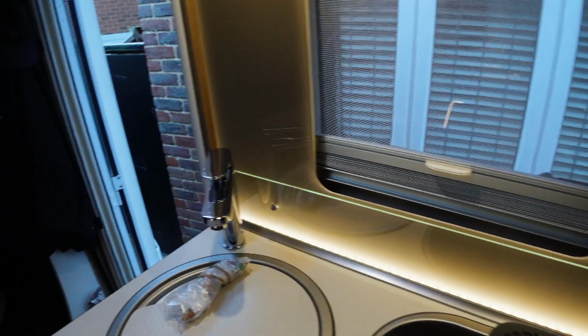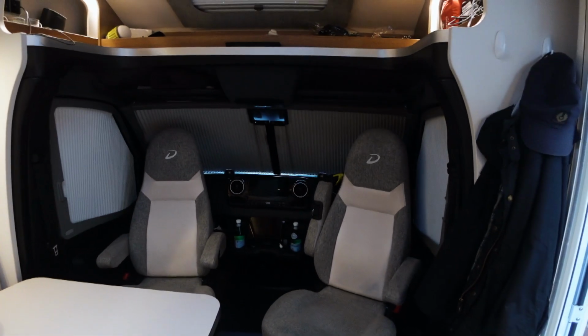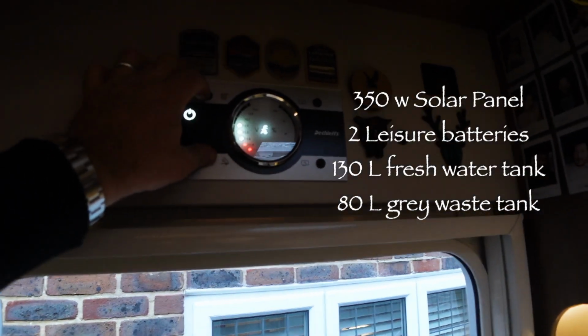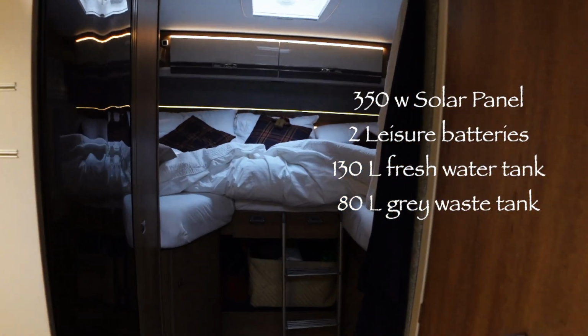So we can make a lot of cups of tea and coffee when we're off grid. Obviously we've got solar panel, batteries, 2 leisure batteries, which we keep an eye on up here, and tanks, so we can go off grid for quite a while. So yeah, wardrobe, heating up here,